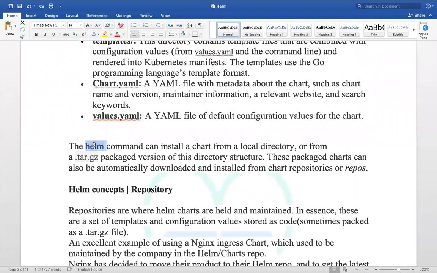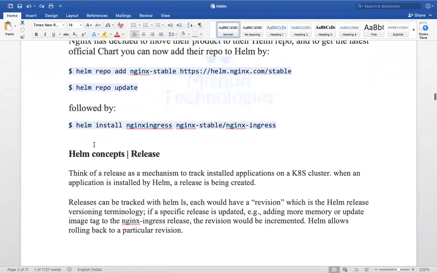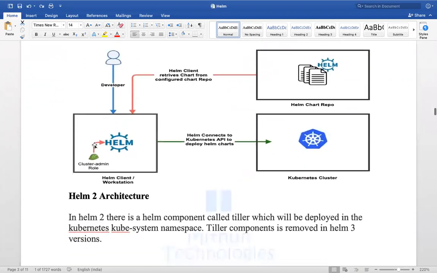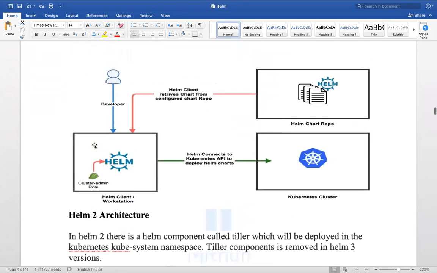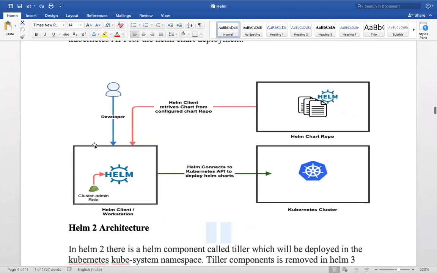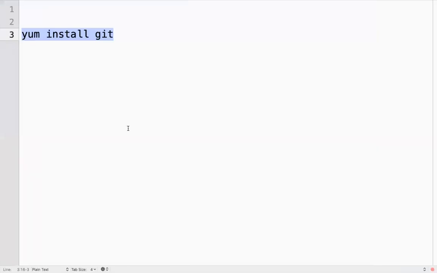So let me first discuss the architecture, then I'll come to the other topics. The Helm architecture. We had two versions of Helm.